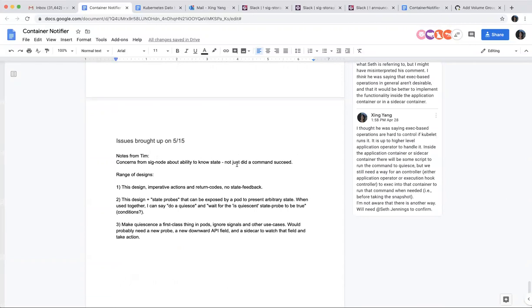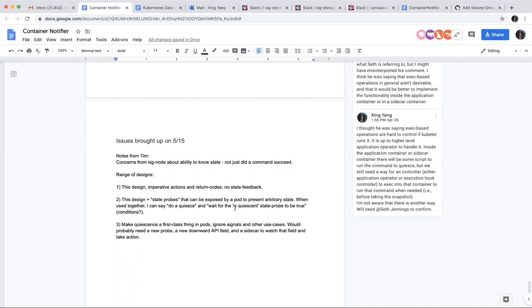Not just that the command returned success, but when you do quiesce, they want to really know it is quiesced. They don't want to get into a situation where everybody says something is wrong with the node or the kubelet, but maybe it's not. So they want this to be clarified.